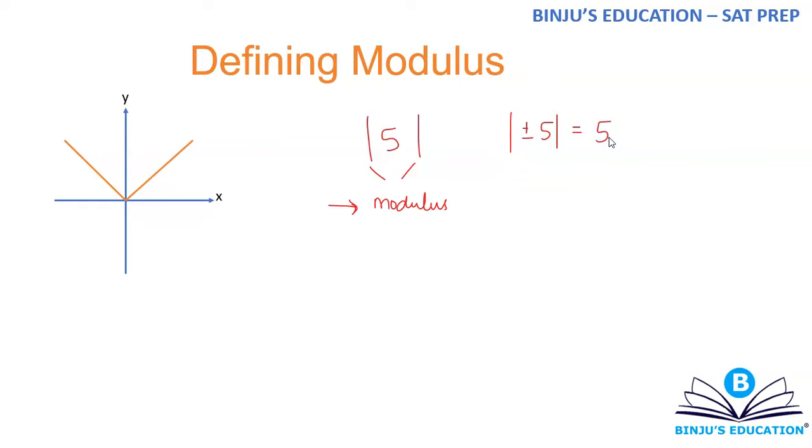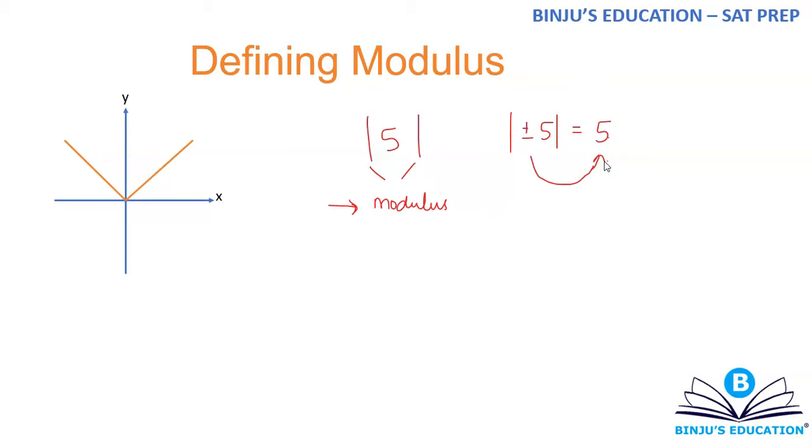Second thing that they say is how it's defined, and a couple of other ways in their own definitions. So what we'll try to understand is why this is equal to 5. There has to be a reason behind that, right? You can't simply say, okay, let me put two vertical lines, one before the number, one after the number, and the result is only the positive part, or basically only the non-negative part. It doesn't work like that, right? You have to define it.